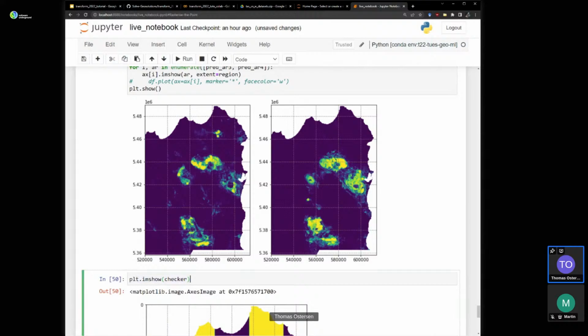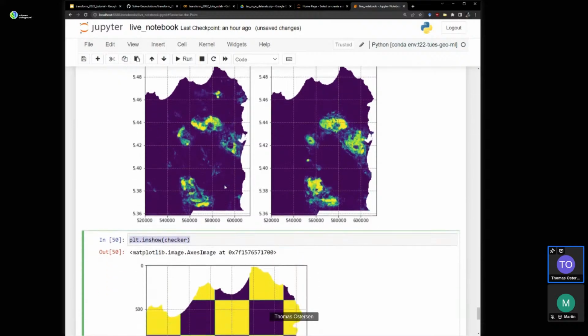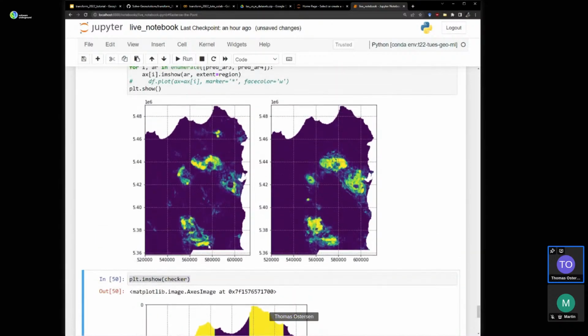So we can build on that, and we can do a similar exercise again, but instead of using a checkerboard, we can cluster up our occurrences, train a model on all but that cluster, and then predict. Then we can validate how well that model is performing when you're holding out occurrences that you care about. So let's go ahead and do that.